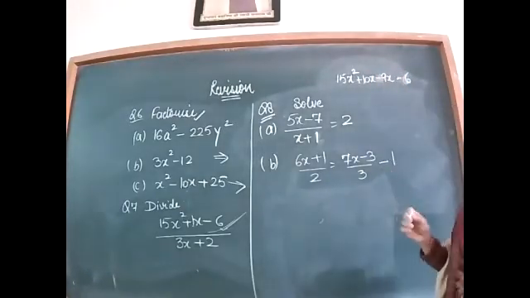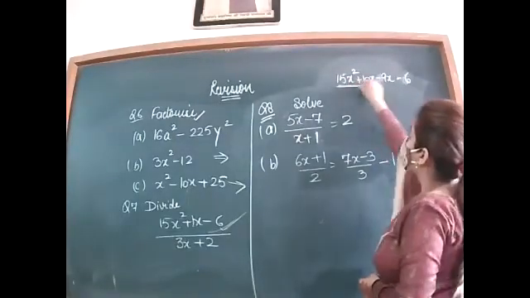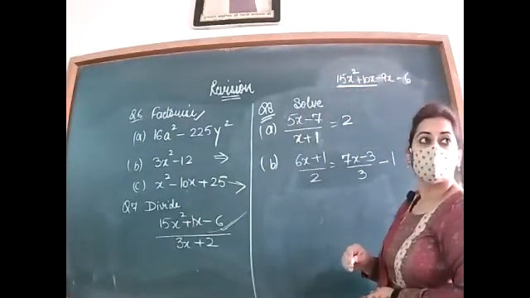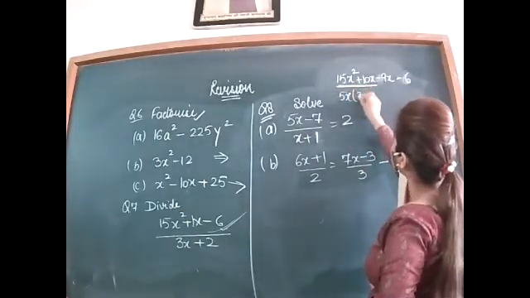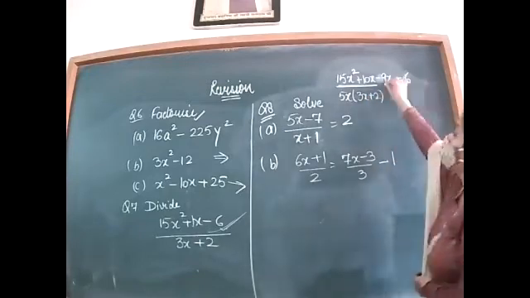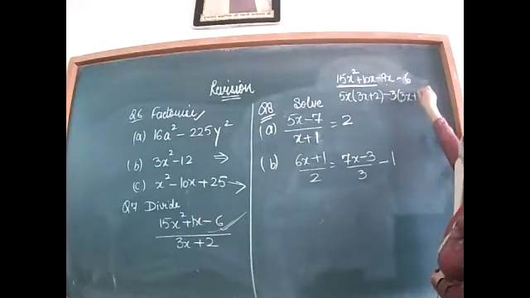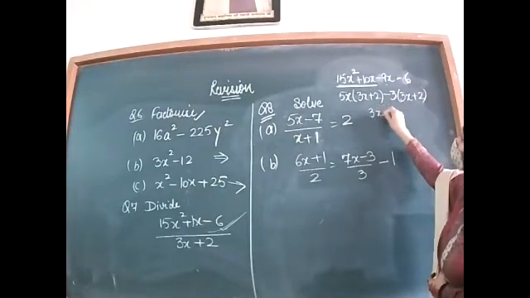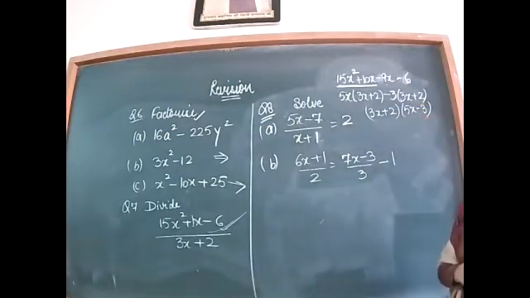Is it clear? Because plus minus minus, when you make subtraction, 10 minus 9 will give you 1, and sign will be of the greatest, that is 10. Is it clear? So from here, what is common? 5x. What is common? 5x. So you are left with 3x plus 2. From here, minus 3 is common, again, you are left with 3x plus 2. So your answer is 3x plus 2 and 5x minus 3. These are the two factors of the numerator.